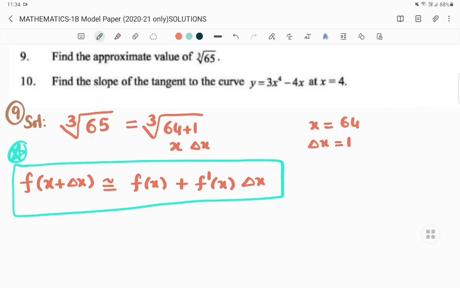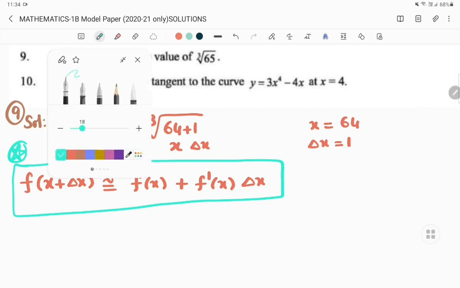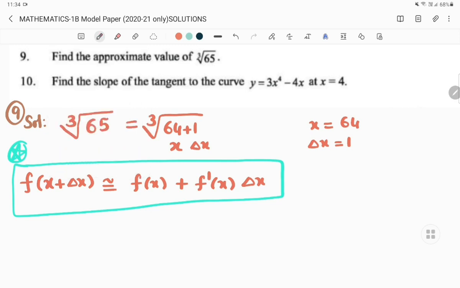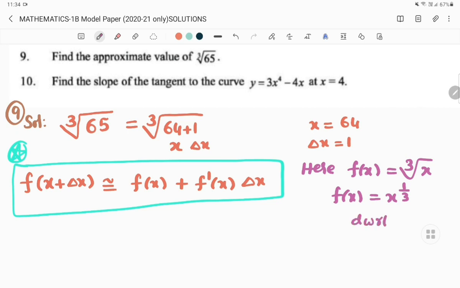By observing, there is no function here, but we will make a function according to the question. Cube root of 65 is there, no? So in that, 65 is a value, a constant. To get f of x, we need to create a function. f of x is equal to cube root of, in place of 65 just put x. So f of x is equal to cube root of x, which means x power 1 by 3 only, no? So we need to calculate the differentiation also, f dash of x.